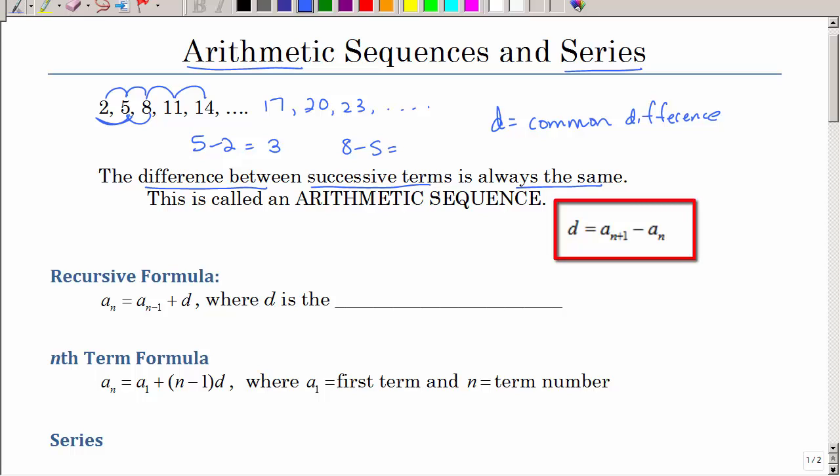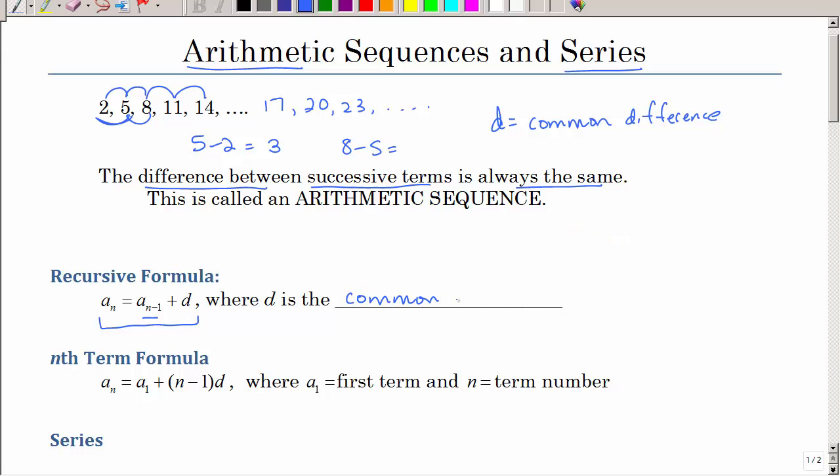We also have a recursive formula, and as we learned in the last lesson, that's just a formula that's in terms of the previous term. And again, D is that common difference. But that's not usually the most useful formula. We usually have that nth term formula, much more helpful, and so that's something we really need to know,